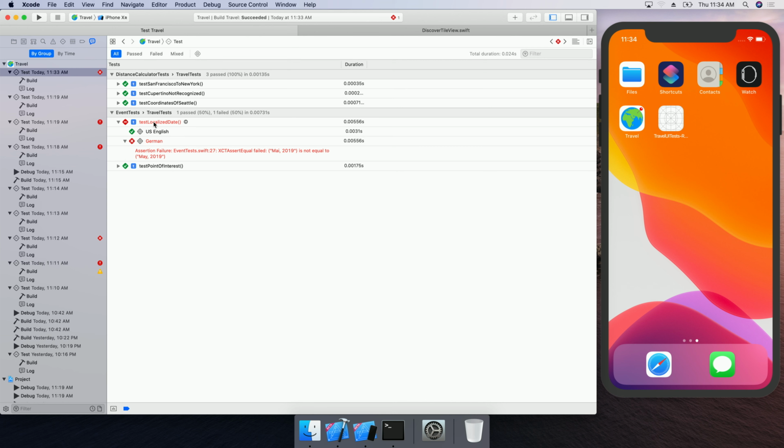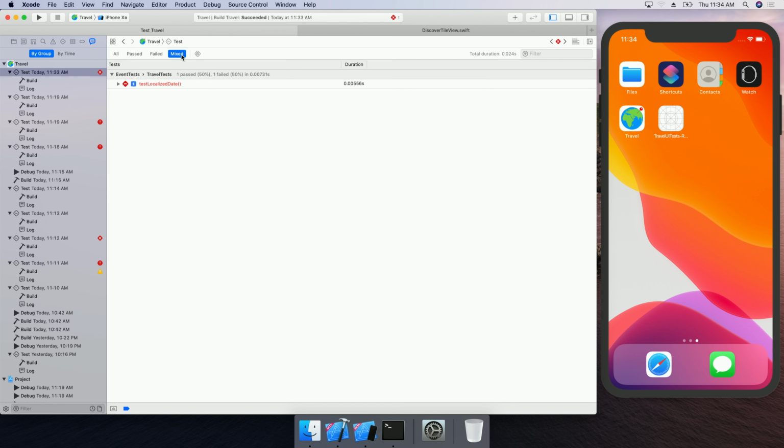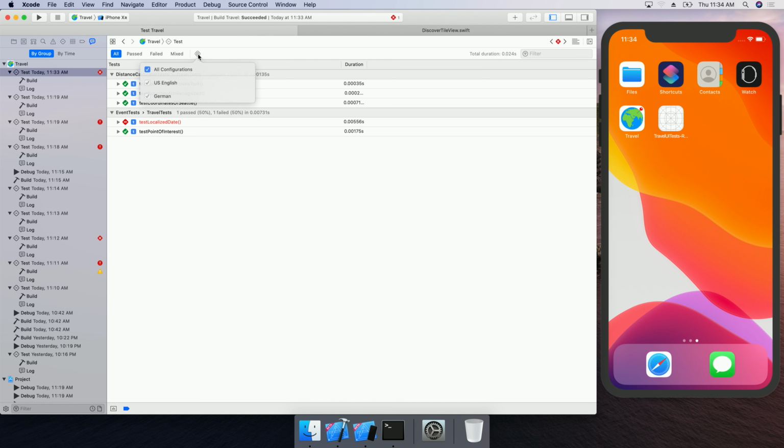But before I wrap up, I want to show you a few other enhancements to the test report here. If I want to only see test methods like this one, which had a mixed status between the 2 configurations, I can do that easily by just clicking on the Mixed button in the scope bar. Or if I only want to see the results from a certain configuration, I can just click on the Test Configurations popover and select one of the configurations.